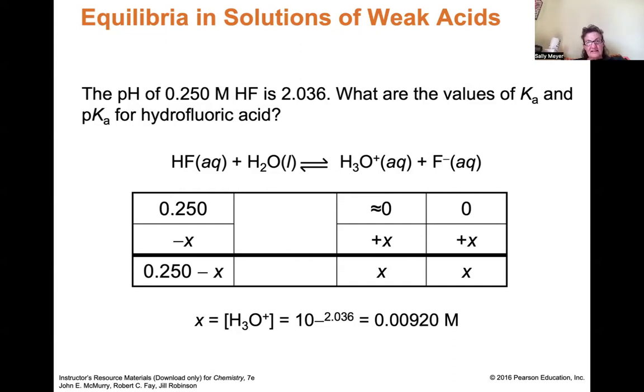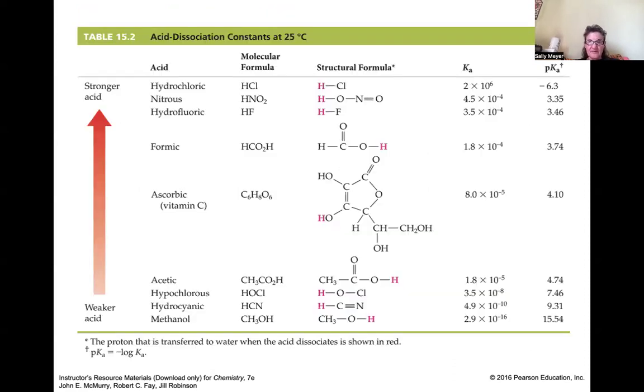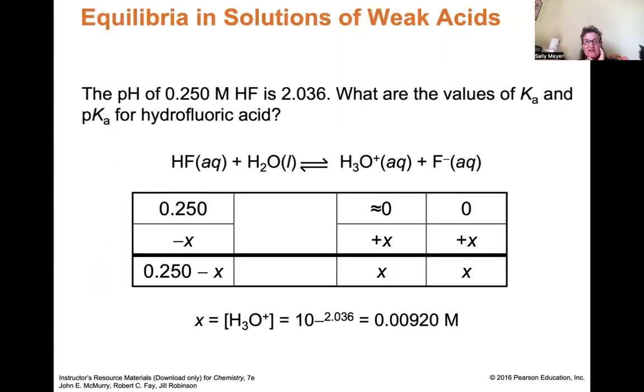In this case, we have a pH for a solution of HF, and that's not in here, but oh, yes, it is. It's the third one on the list. So it's a weak acid. Its Ka is 10 to the minus 4, but it's a relatively strong weak acid. We have the pH, and they want us to calculate